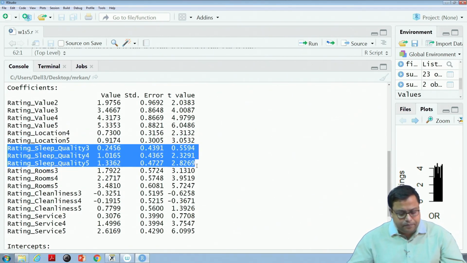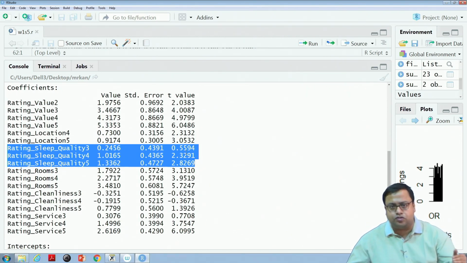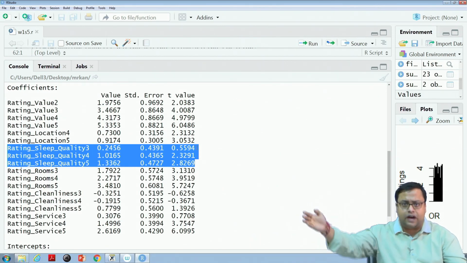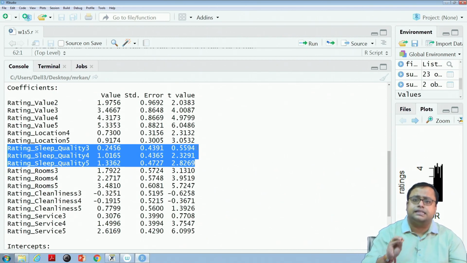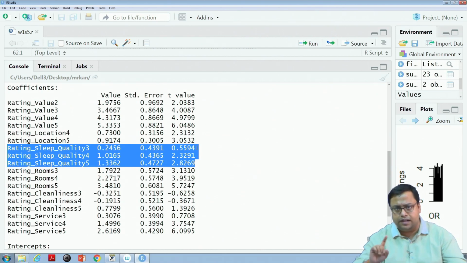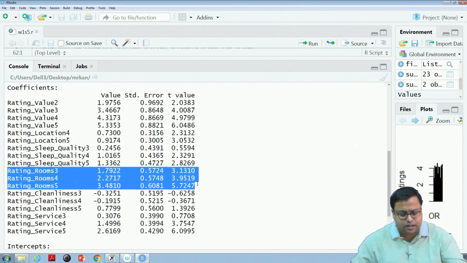Similarly, you will see sleep quality has lesser impact. First of all, from 2 to 3 it is insignificant, the t value is lesser than even 1. But in comparison to 2, when you go to 4 and 5, it increases, but the increase is still in the range of 1, not 9, not 5, not 4, in a range of 1. Then if I go ahead, this is probably a little bit more important because the jump is in the range